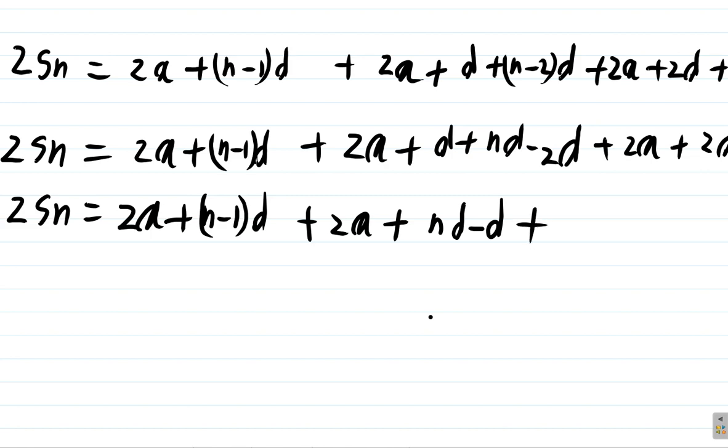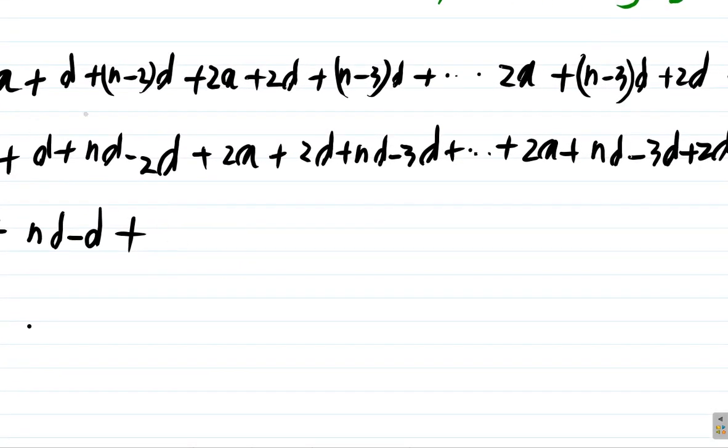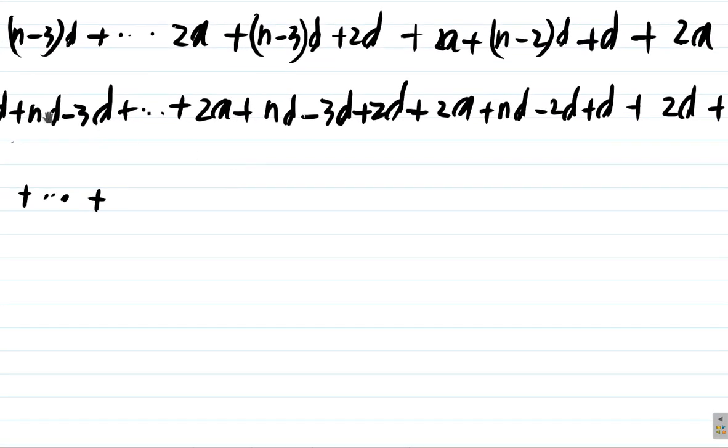Plus, then you have 2a plus 2d minus 3d. Alright, let's write down nd first. This is nd plus what? 2d minus 3d is what? Negative d. It's minus d. So nd plus negative d is the same as nd minus d. Plus, you left out some things. Plus, and then we have